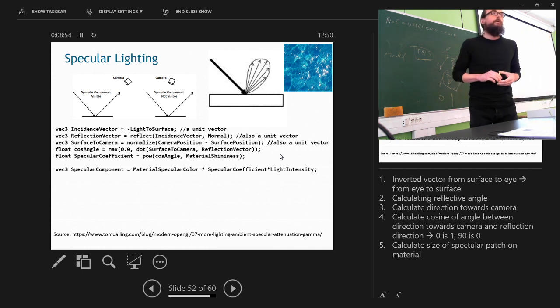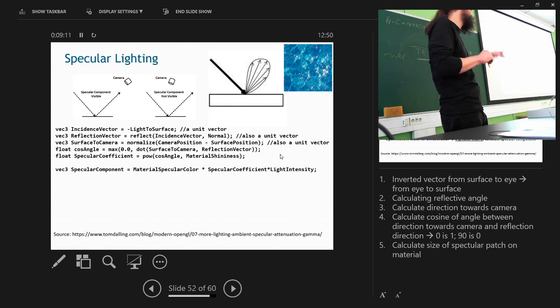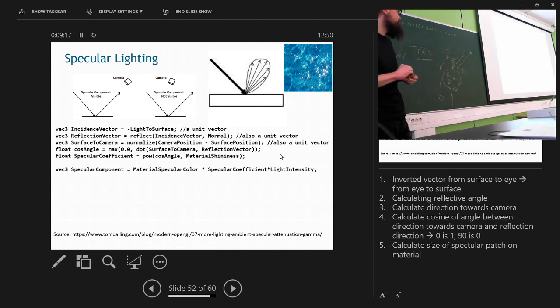Yeah. So most of our programming, we won't program this in C++. Most of it will be in the shader, right? Yes, you do this mostly in the shader. Yeah. I'll get back to that. So this is basically either done in the vertex or fragment shader. Yeah. So it's basically shader language. Yeah. Okay,